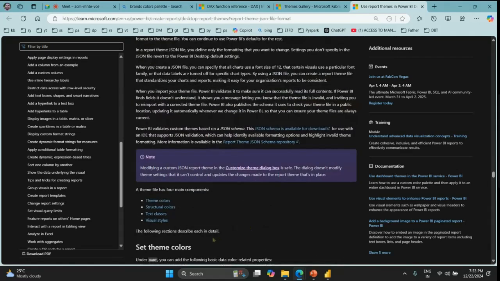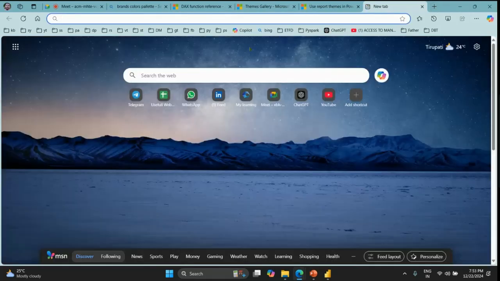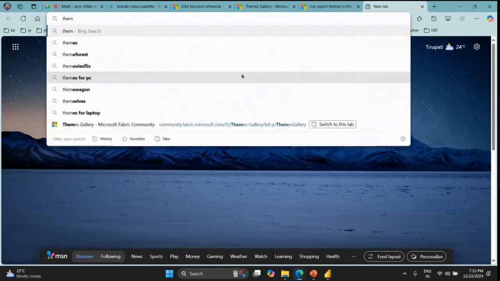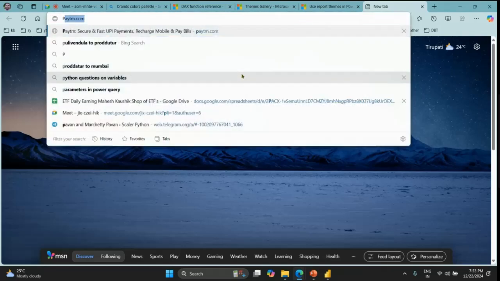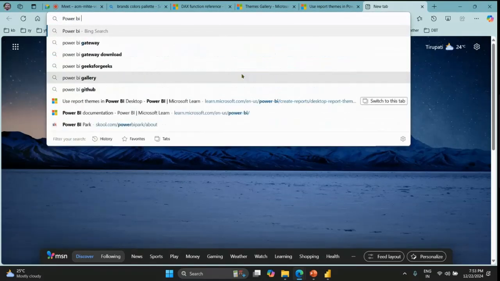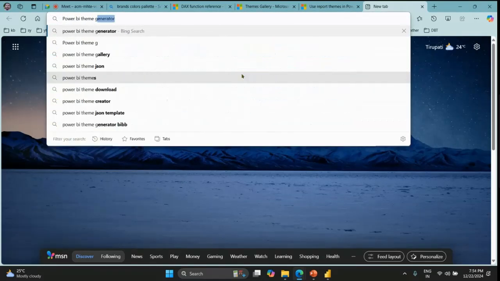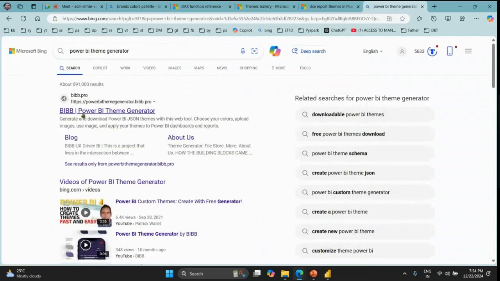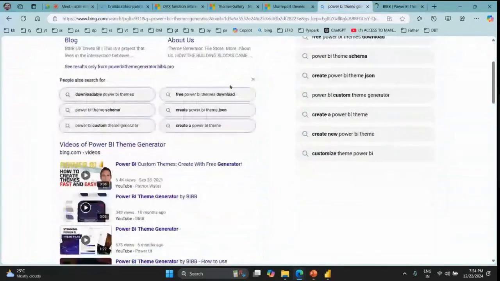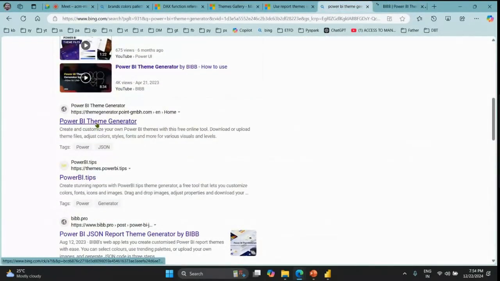Like that, you can try to customize your themes. And suppose you want to create the theme within the browser, you can type something called Power BI theme generator. Okay, so if you type Power BI theme generator, you'll be able to see some websites which are commonly used. Okay, there is something called Power BI theme generator, and you can see a few more theme